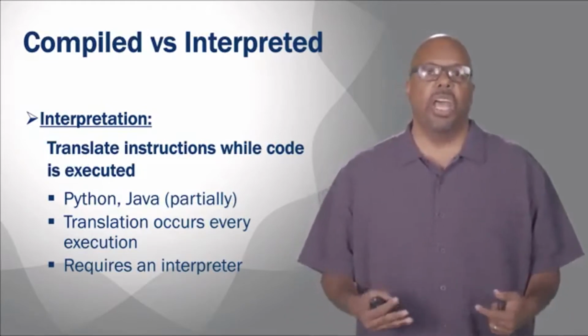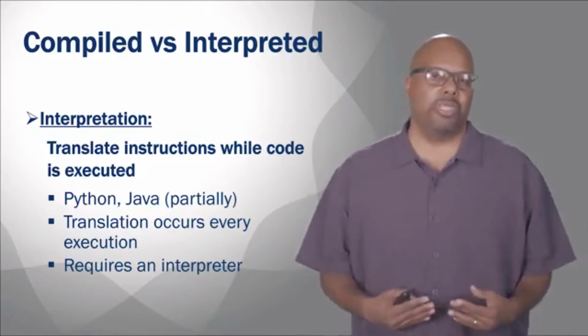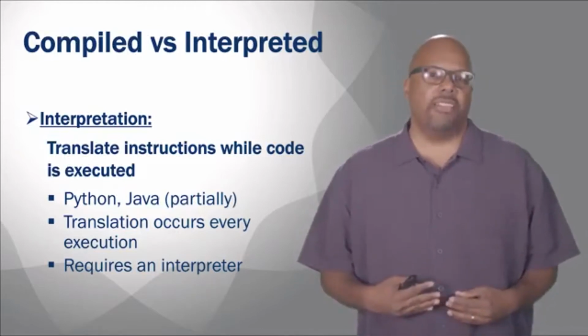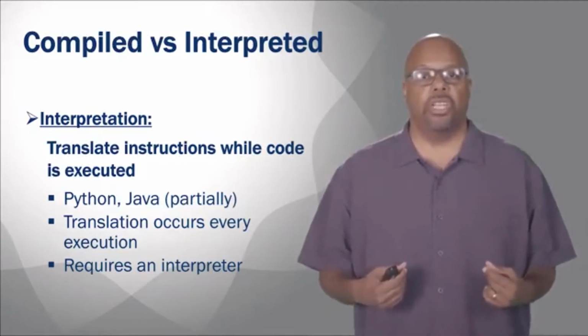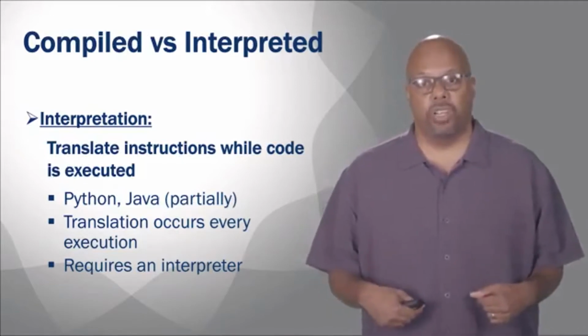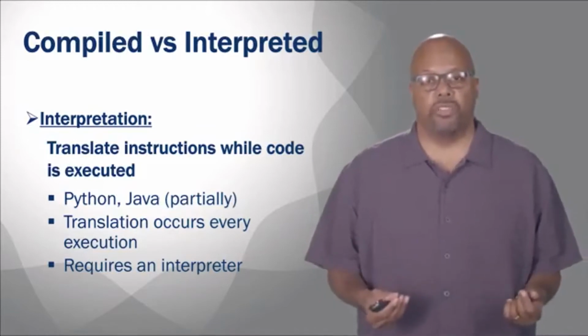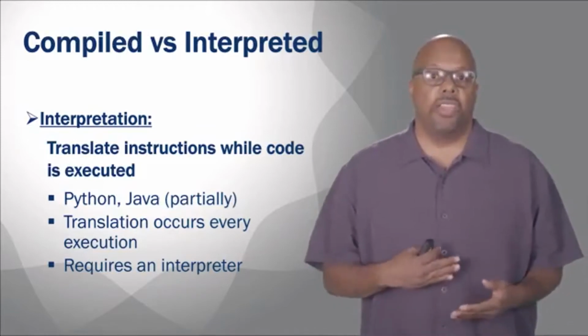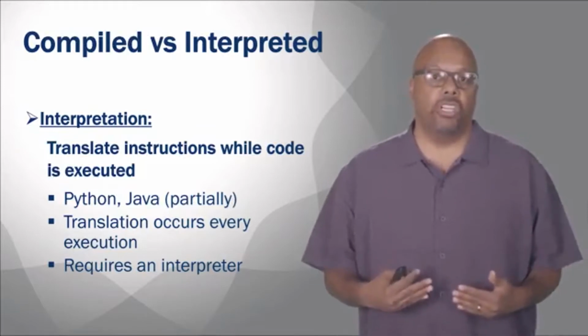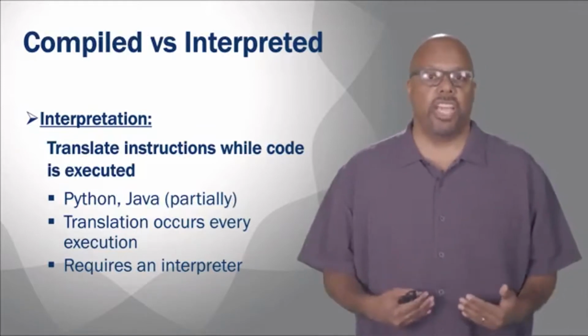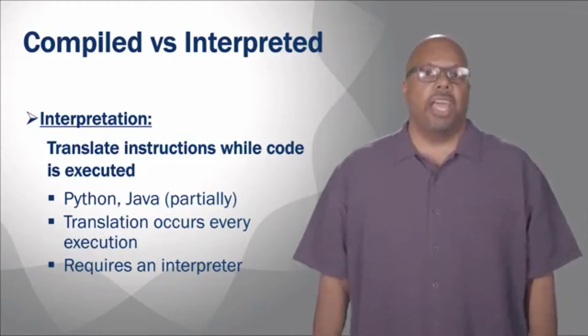The Java bytecode. I put Java as partially in both categories because Java is compiled, but it generates what's called bytecode, not actual machine code. And then the bytecode has to be interpreted at runtime. So there's an interpreter also, the Java virtual machine. But these interpreted languages require an interpreter to be executing while you're running your code because it has to be doing this translation as you execute the code. And so that slows you down.